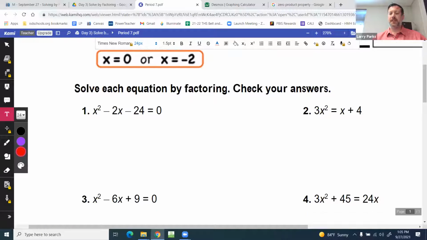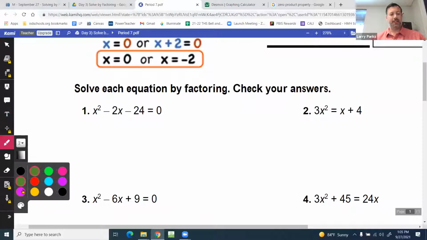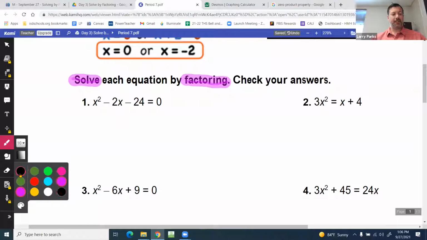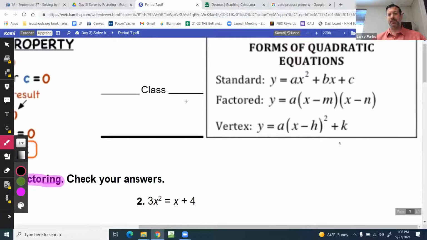All right, so now I'm going to teach you how to solve by factoring. So we're going to solve by factoring. Make that a little larger. Solve by factoring. So first thing I would highly encourage you to do is put all of them in standard form. This one is in standard form already. We got the x squared term, the x term, the constant equals 0. And remember, standard form is right here